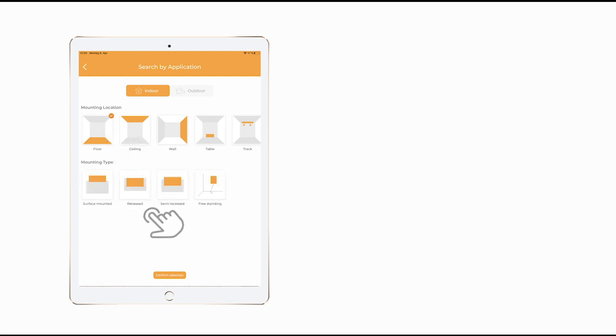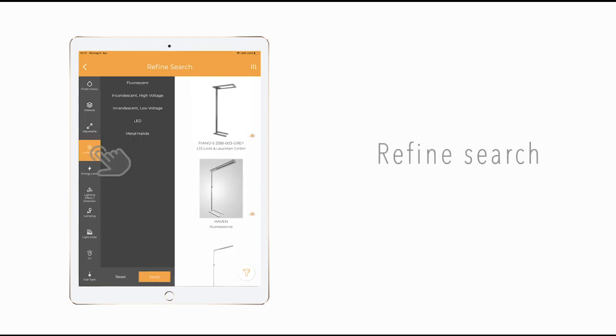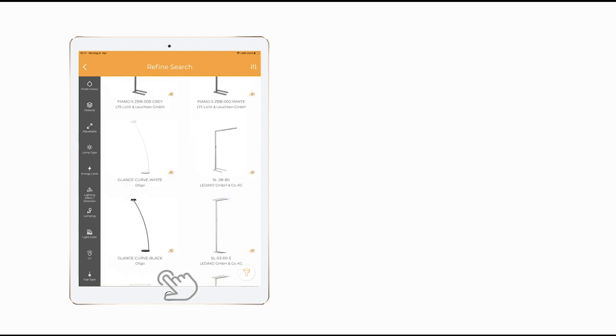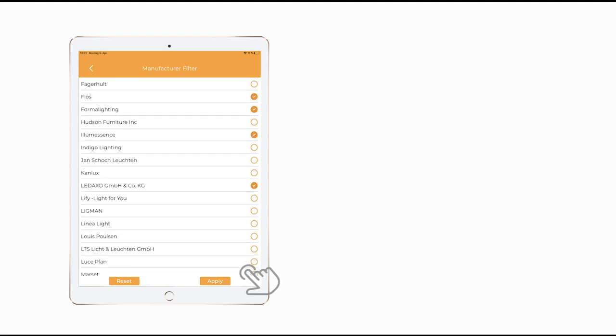You may as well jump directly forward to the first results by confirming your selection at the bottom of the page. You may review the results page by scrolling up and down with your finger. Additional possibilities to refine the first results are given on the left side bar. Physical, photometric and electrical values are offered to lead you through the most suitable product. Within the current result list, you may use the manufacturer filter shown at the bottom right. The manufacturer filter can be used to break the selection down to only one or a few brands to compare